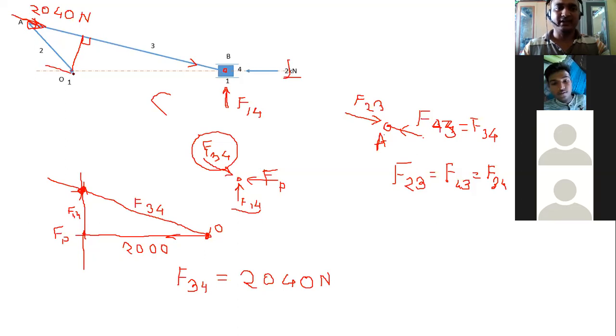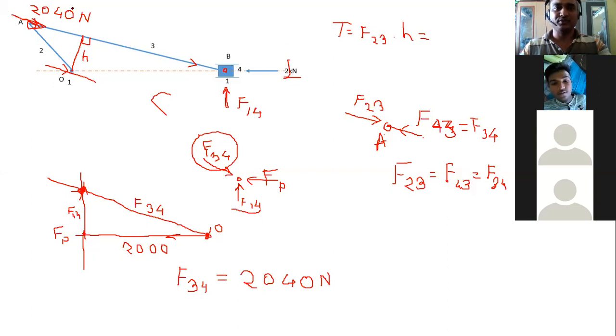Or simply you can draw a line parallel to this. You can show this force here also, and then measure the distance between these two parallel lines. It's the same. So you will get this distance, measure with your scale. You must have taken a proper scale, multiply by that scale, so you will get the distance. Let us say that distance is h. So therefore finally you will get T equal to F23 into h. Put these values here.